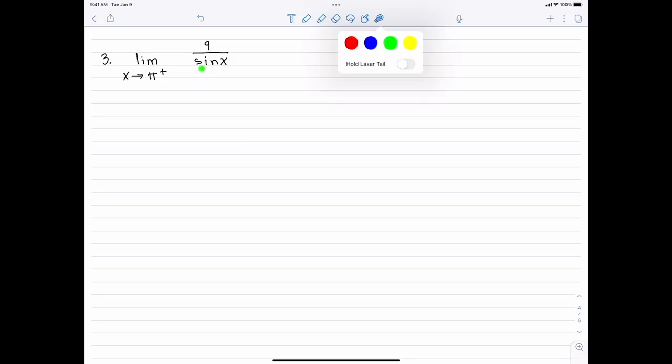Well, I think you guys would agree. The limit of sine of pi is 0. So there's absolutely something going on here. It's a vertical asymptote. There's no way to cancel that vertical asymptote. So at this point, I've got a couple choices. I can make a table, and that's probably what a lot of you are going to want to do. So pi is 3.14159, right? So maybe I choose 3.14,